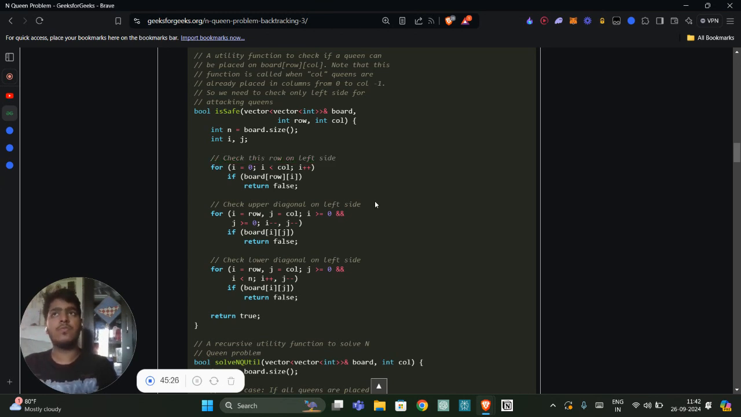And also what we are doing is we are distributing the left side in three different ways. That is for the left row, the left upper part, and the left lower part. It just makes things very clear to understand this. So for the left row,